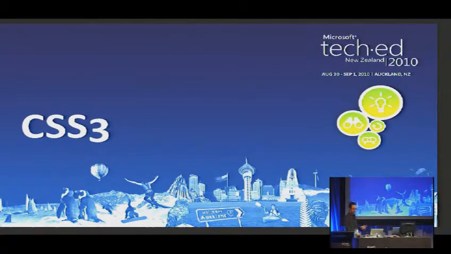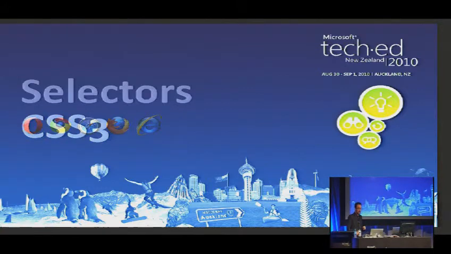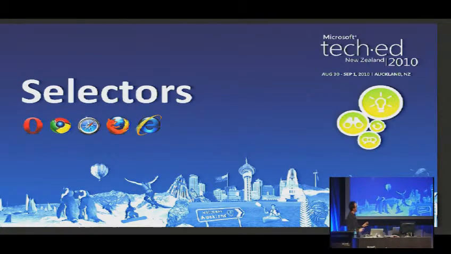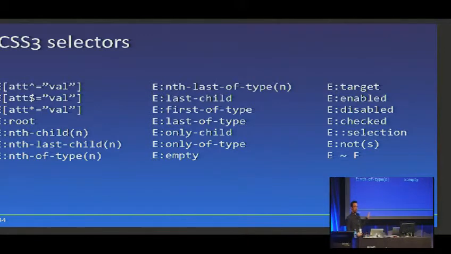So now the exciting stuff, CSS3. This is where the fun really, really begins. There's a bunch of things I'm going to show you, some new CSS3 selectors, some new properties to play with, and how to embed fonts. Very exciting. Now, the selectors you're about to see will work across all browsers, excluding IE6, 7, and 8. But IE9 supports all of these, and it's great because you can do some very, very cool stuff with these new selectors.